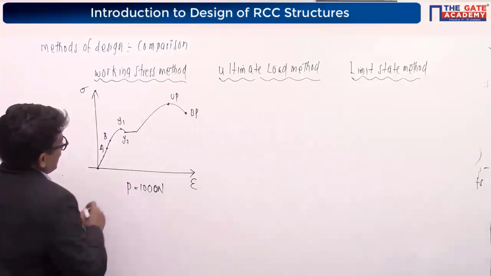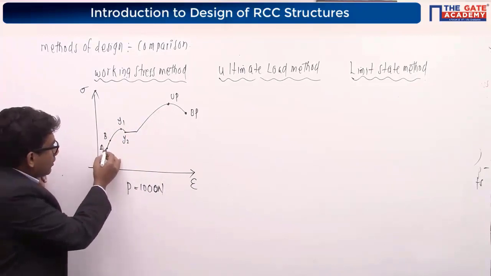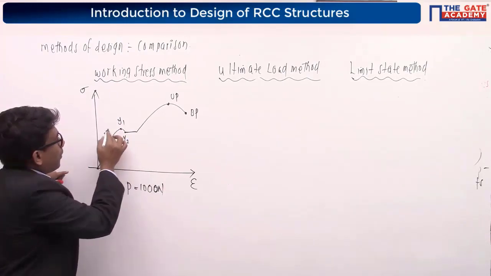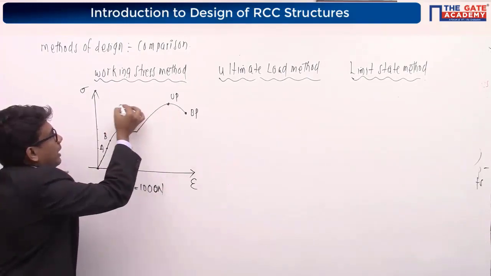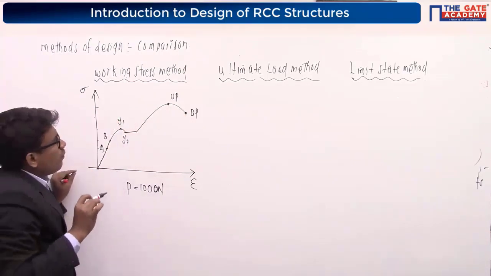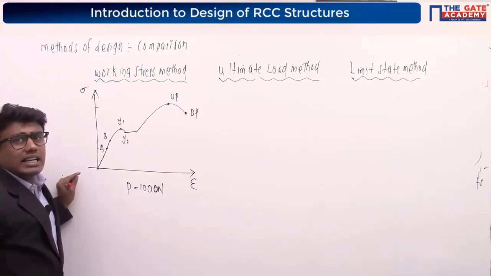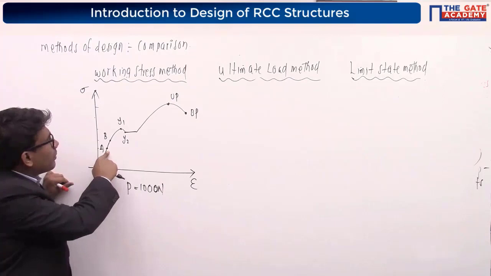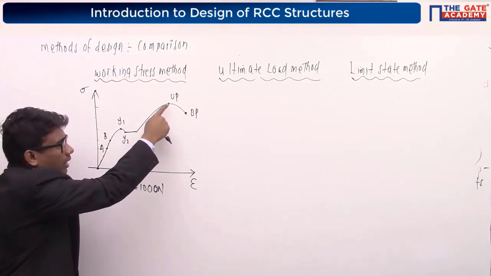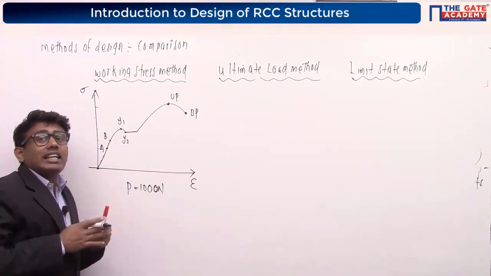See, in the working stress method, these are our stress values. Correct? Now, at the proportional limit, there is a corresponding stress. At the yield limit, there is a corresponding stress. At the upper yield point, a stress is there. At the ultimate point, a stress value is there. At the breaking point, a stress value is there. Tell me, what is the maximum stress value the material can carry? Is it the proportional limit? Is it the elastic limit? Is it the yield limit? Is it the ultimate point? Is it the breaking point? What is the maximum stress value this material can carry?